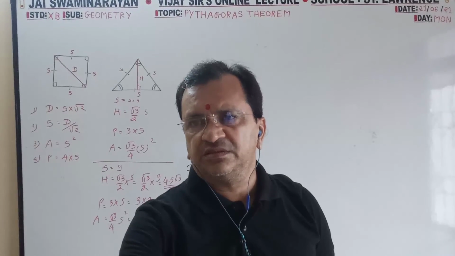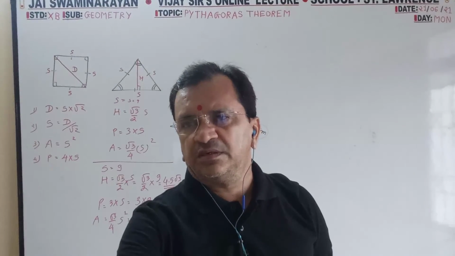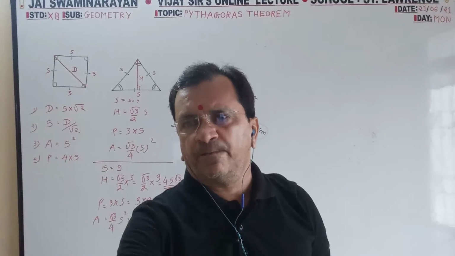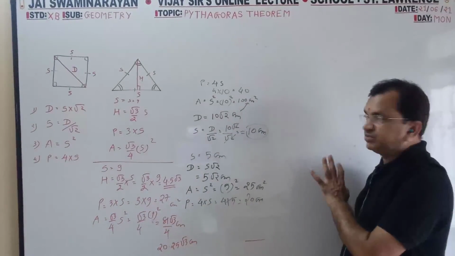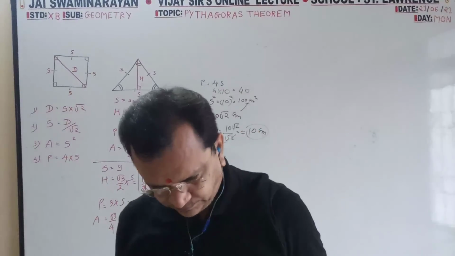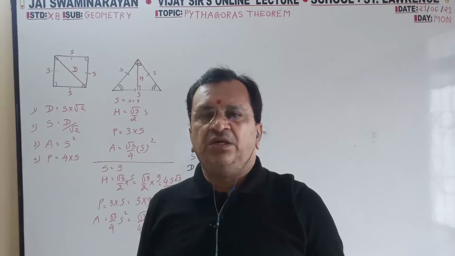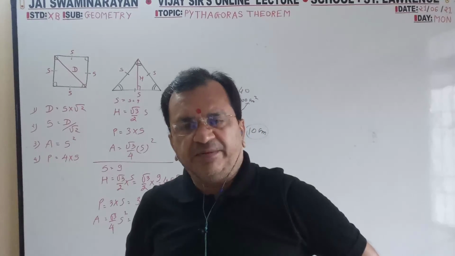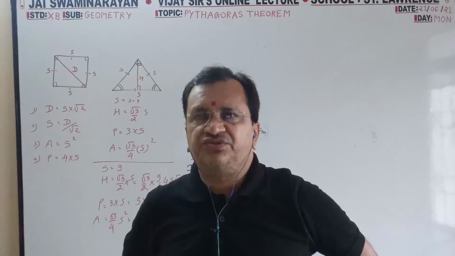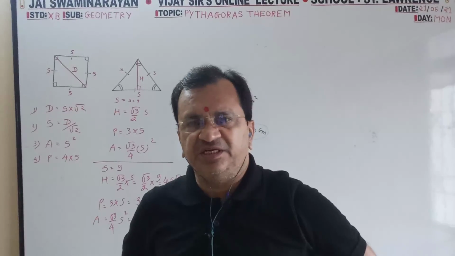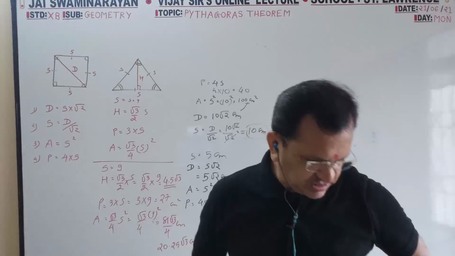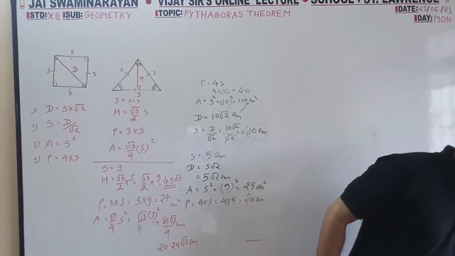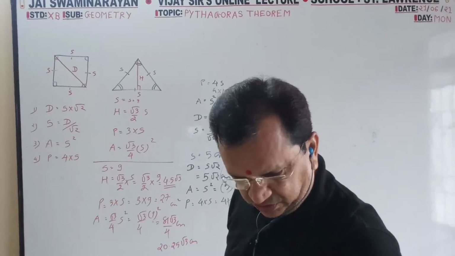Next, this much part is clear, no? Now, how to get the Pythagorean triplet numbers in pairs of 3, 3, 3? The smallest number for the right angle triangle, smallest